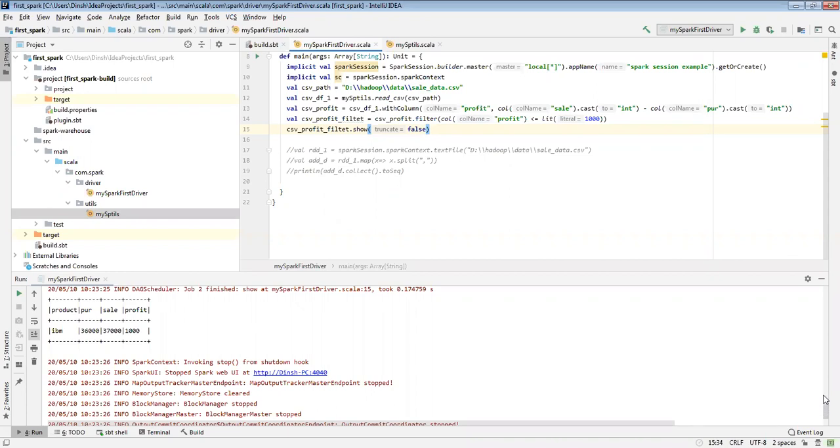Any questions with the data frame? Try to do this kind of operation, bring in more transformations, create a new data set, and try all these transformations to see how they work.